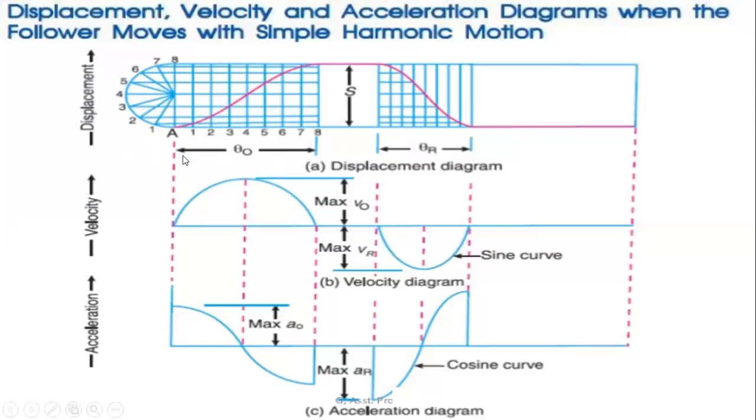So here suppose 60 degrees is given. So theta of O is given as 60 degrees. 60 degrees means 6 centimeters. So the total length has been taken as 6 centimeters, and we have to divide the 6 centimeters into 6 equal parts because we have divided the semicircle into 6 equal parts, but in the figure they have been divided into 8 equal parts. So here they made 8 equal parts, but 6 equal parts is enough for us.